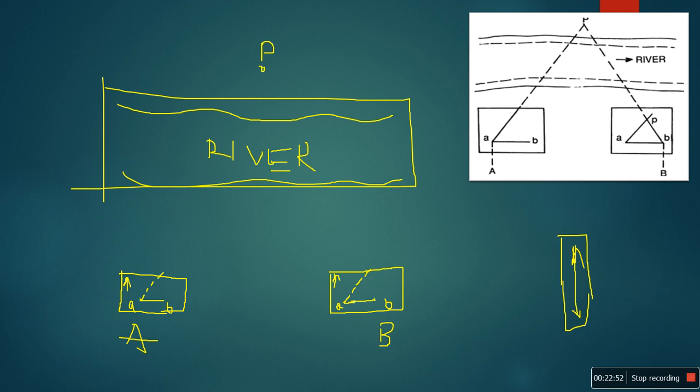Or one more method, what is it? Already you have drawn the AB line here. Just keep your LED along this line. Then rotate your LED about point B only. Keep your LED along the AB line. Now you have to bisect from station B to station A by rotating the plane table clockwise or anti-clockwise. After bisecting the A point, then stop rotating the plane table. Now the AB line on the drawing sheet is parallel to the ground AB line.